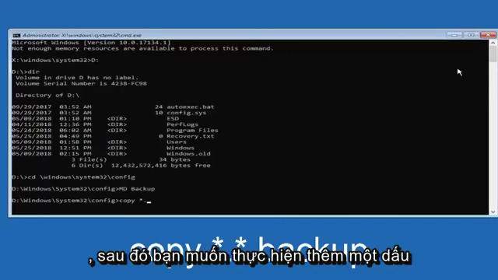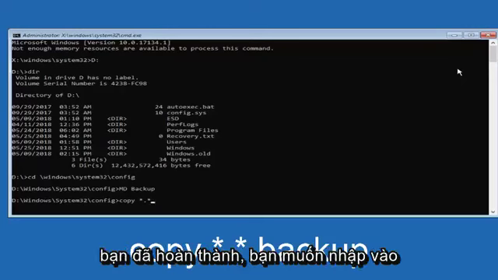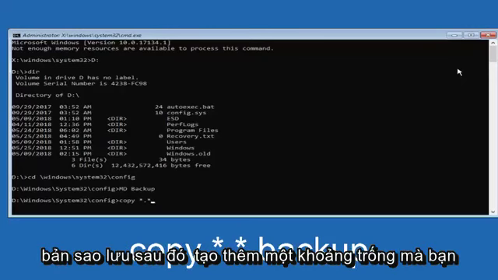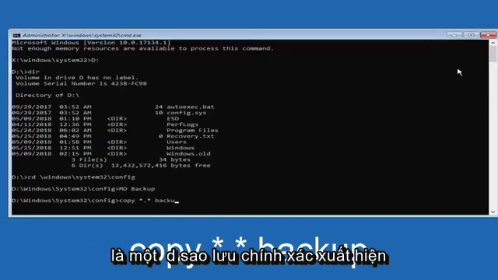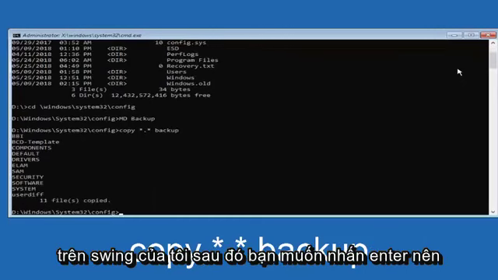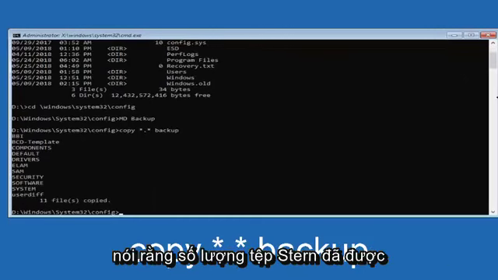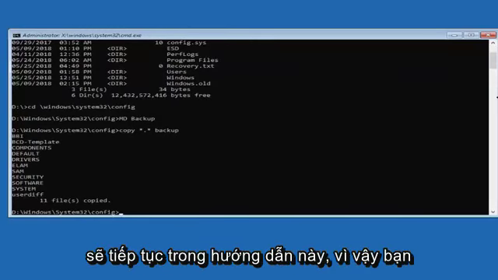And then you want to do another star, so again, star, period, star. And then once you've done that, you want to type in backup after one more space, so you want to have a space in between the last star and backup, exactly how it appears on my screen. Then you want to hit enter. It should say that a certain number of files have been copied. Once you've done that, we're going to be continuing on in this tutorial.